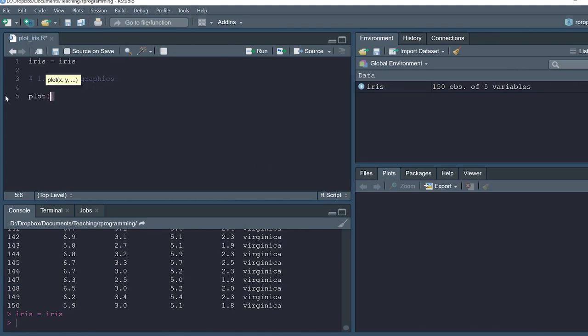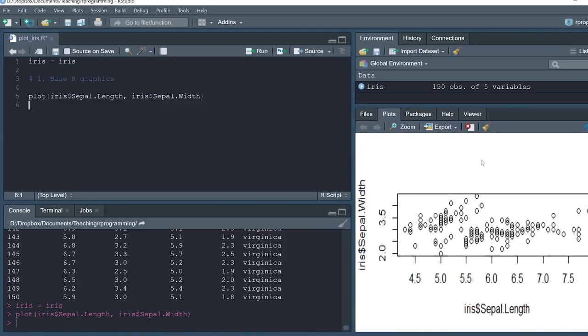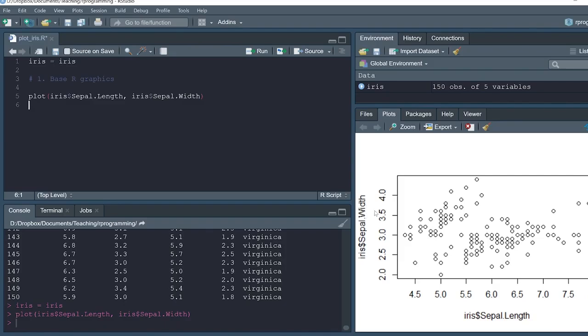Base R graphics are based on the plot function, which is a general function where you can assign elements to exact positions by actually coding those positions. But you can go with just as little as X and Y for 2D plotting. For example, we can plot iris sepal length versus iris sepal width. When we execute it, here is the plot, width versus length,